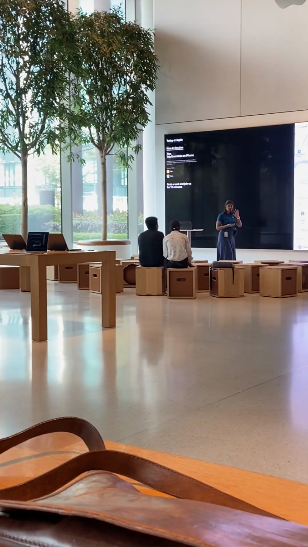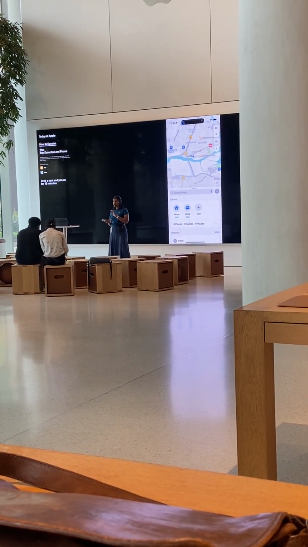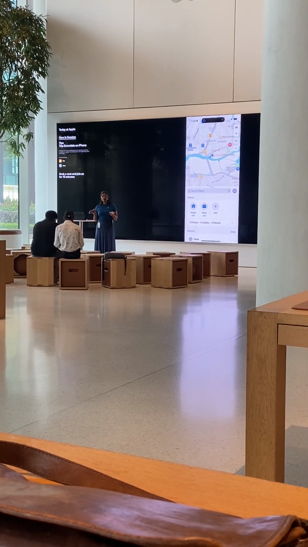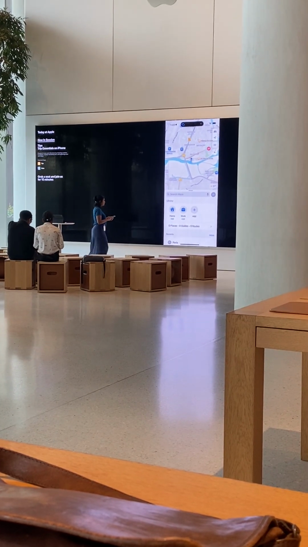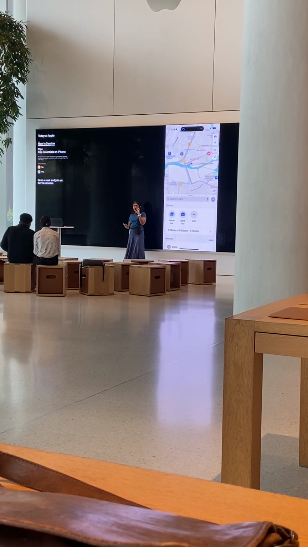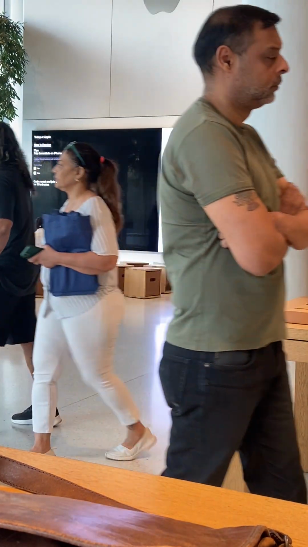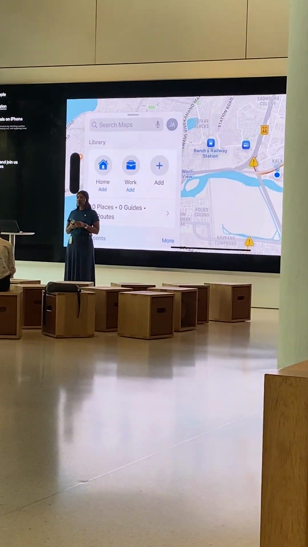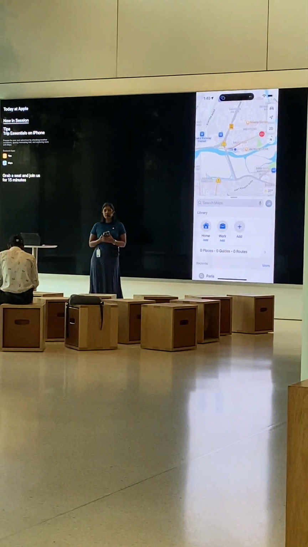So these guides are all created by Apple and their partners, and they're very interesting to check out or to learn about that place important. Every major city in the world will have guides, including Bombay, so do check it out. Just use the search bar to look for a particular place, and if you scroll down, you have information about that city, and if you scroll further down, you find guides. That is lots of interesting topics like what to do, where to eat, where to visit, what are some places of interest, lots of things like that. So check out guides on your device.